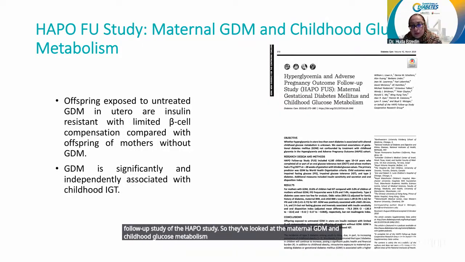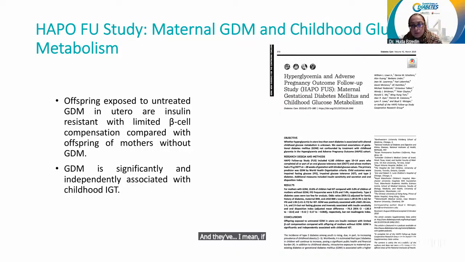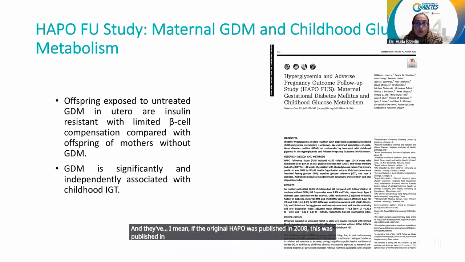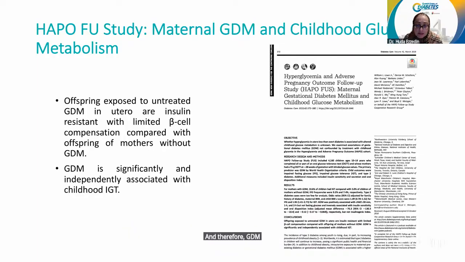The original HAPO was published in 2008, and this one was published in 2019, following up the offspring exposed to untreated gestational diabetes in utero. They were found to have insulin resistance with limited beta cell compensation compared with the offspring of mothers who did not have gestational diabetes. And therefore, GDM is significantly and independently associated with